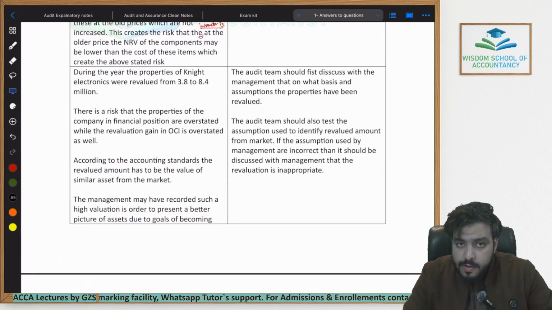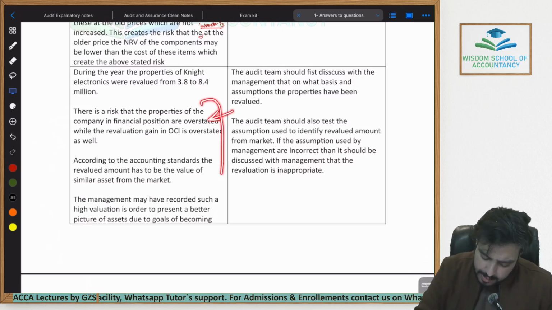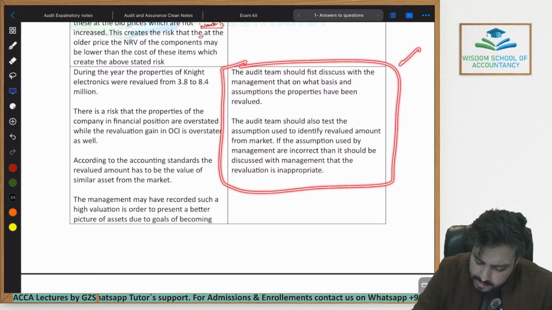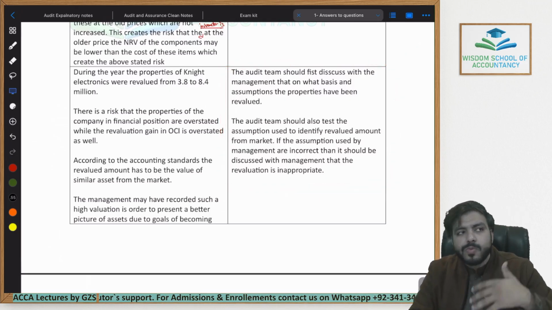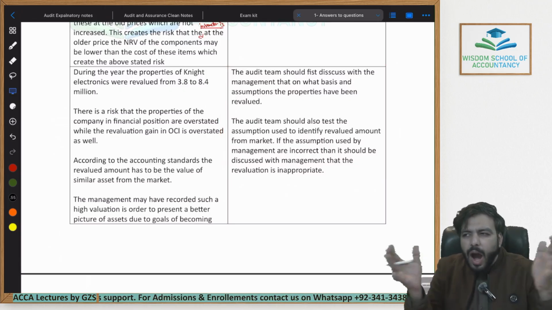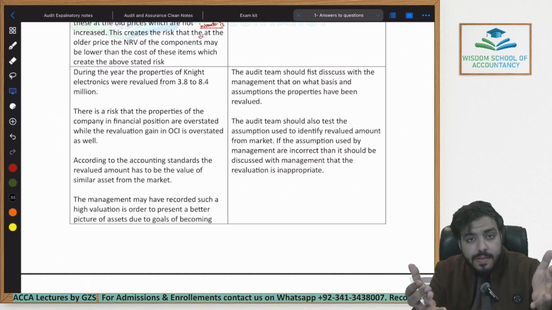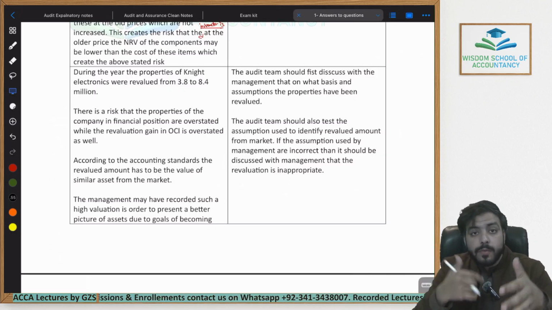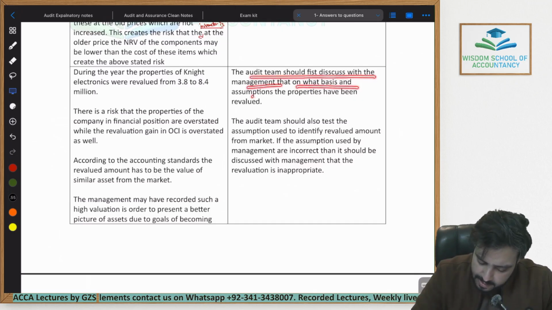What would be the auditor's response? How will the audit team test whether the risk I'm thinking of as an audit manager actually exists or not? Can you test it out? How will they test it out? So first, let's discuss with the management in this case as well. How did they identify this value from the market? What were the assumptions they used? What were the basic assumptions they used in trying to identify what type of a similar asset has to be used? So first, I've written the audit team should first discuss with the management on what basis the assumptions